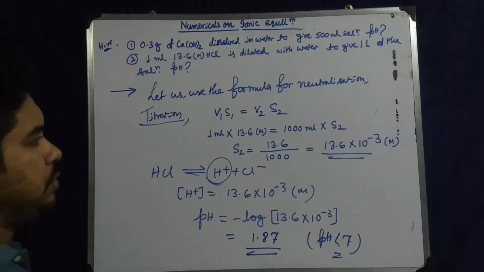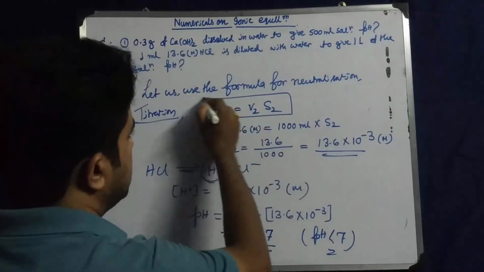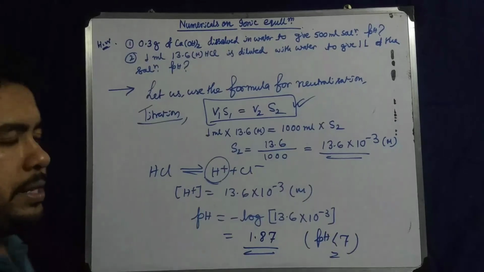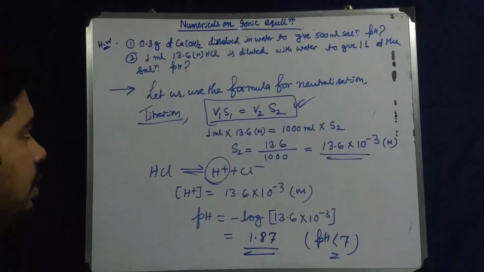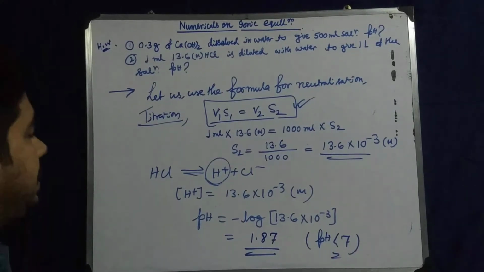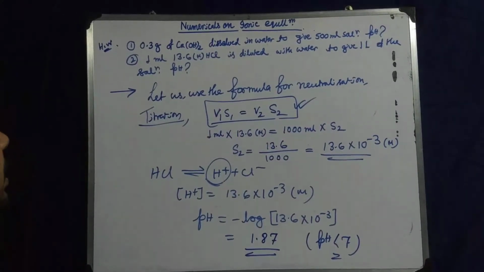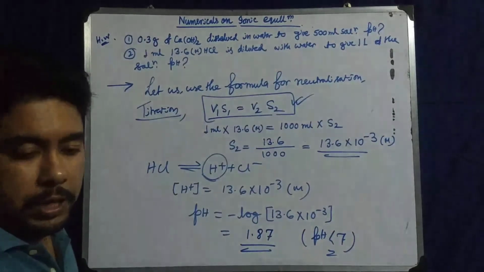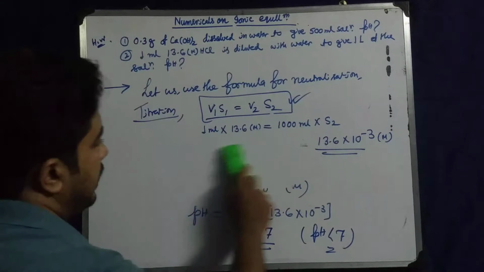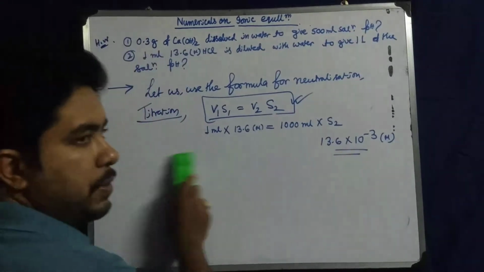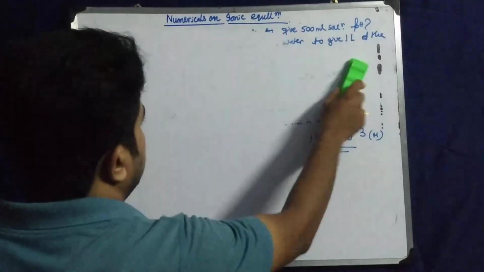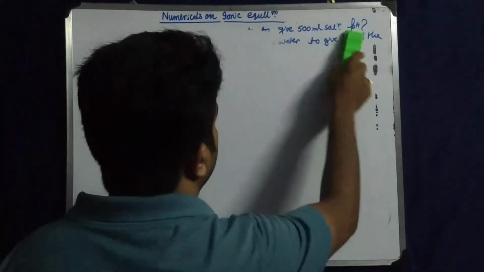So what is the extra thing we have done? This equation we have used in this case is the extra thing we have done over there. Otherwise the whole part is the same. So that is the example of the second homework question. The first one you must do at your home. Okay. Let's go to the next type of numerical. Numerical type 4. 3 different types of numerical we have done already. So this is numerical type 4. Let me see what extra type of numerical is given over there.